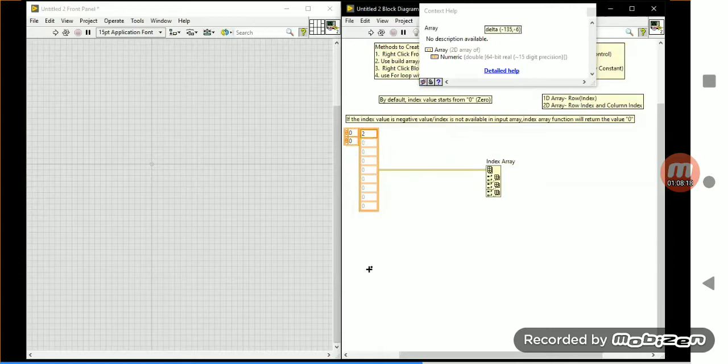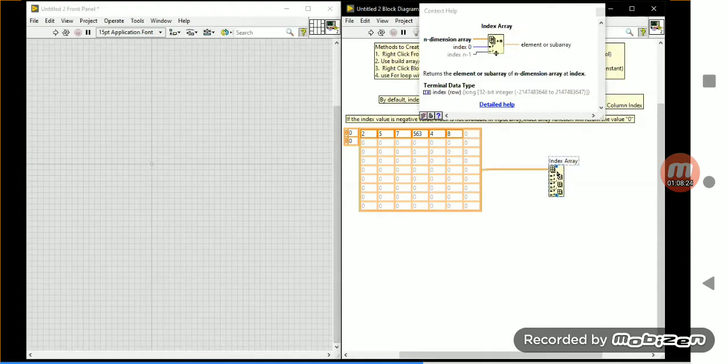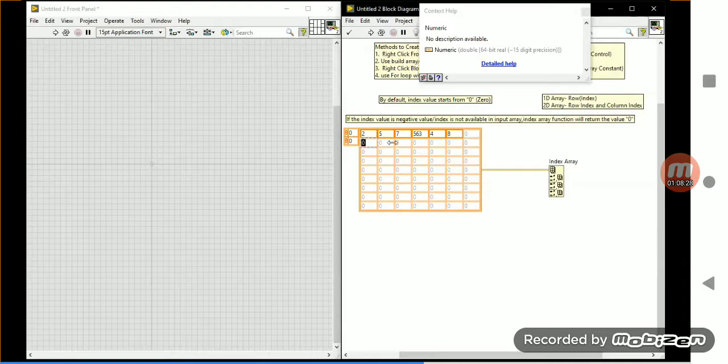After making the 2-dimension array, see here. These are the values I'm initializing over there, okay?